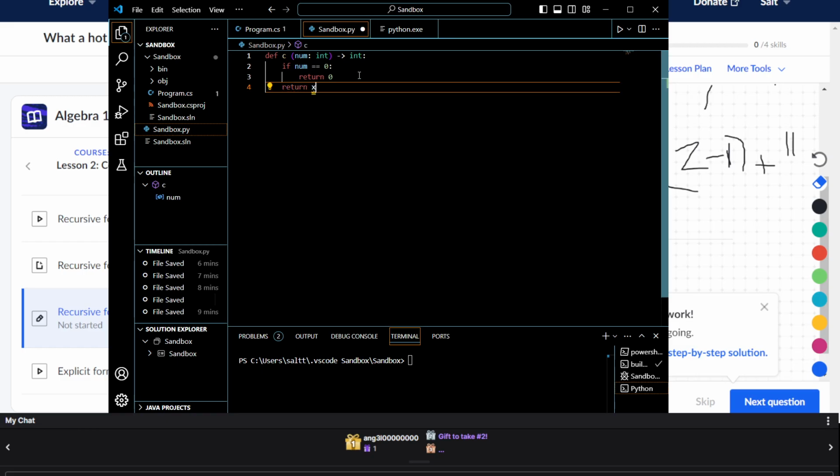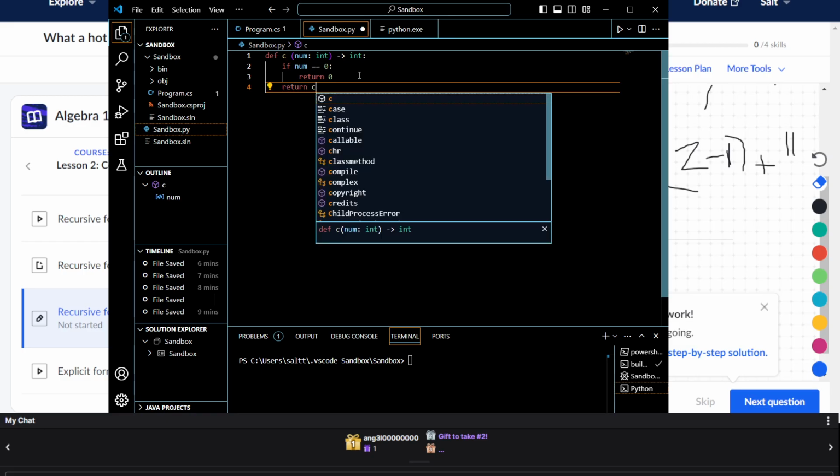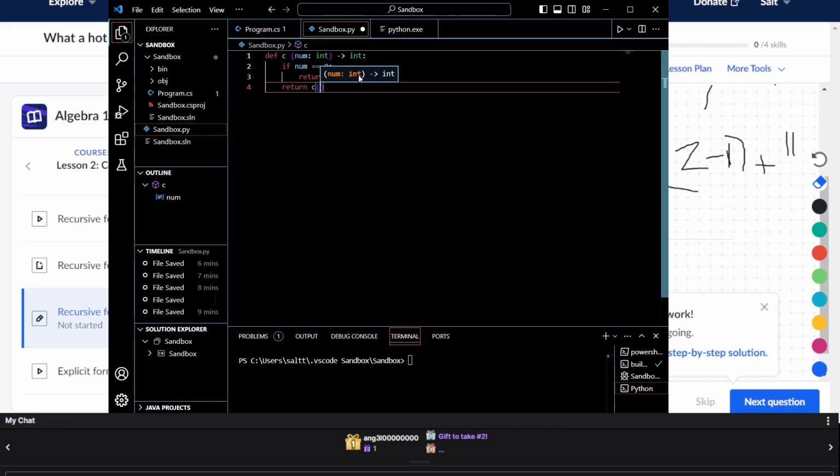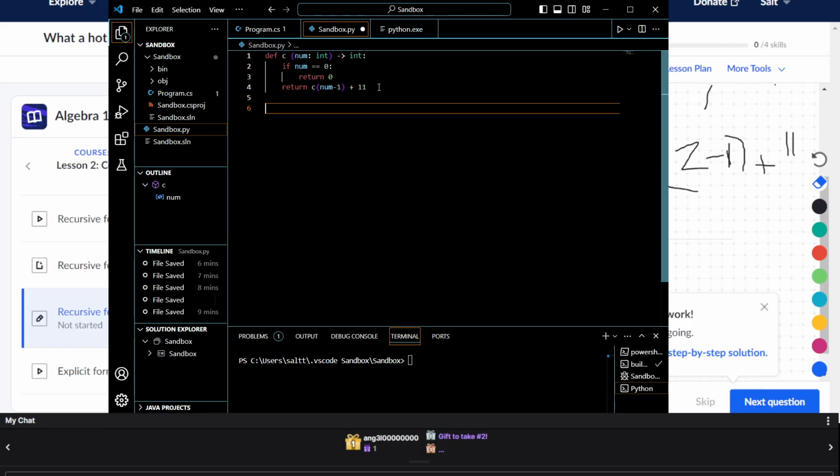Return C of num minus 1 plus 11. And now function over, and then I can just call it, I guess, C, like print.